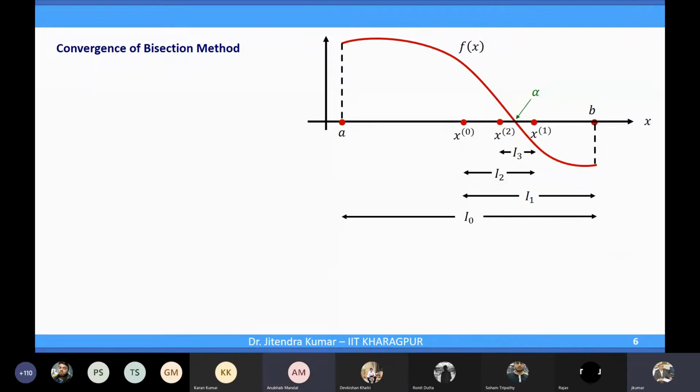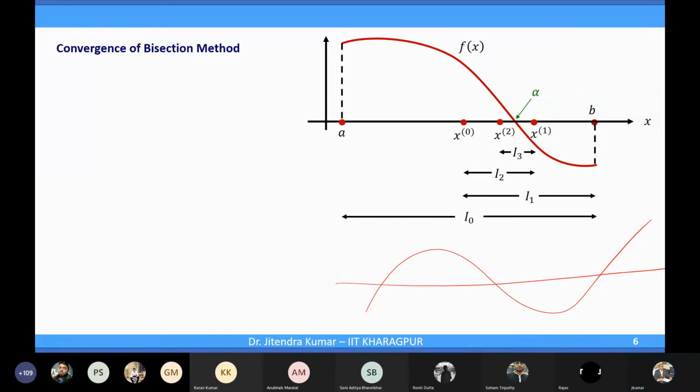Sir, what if there are an odd number of roots between A and B? Suppose there are three roots between A and B, then will this method still work? That's what I explained. There were three roots here, right? So in this interval from here to here, let's say, if you have taken this one,